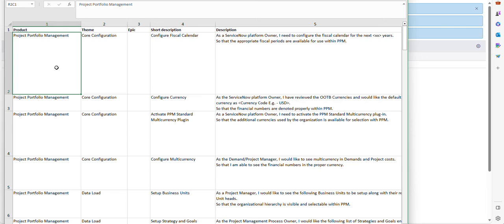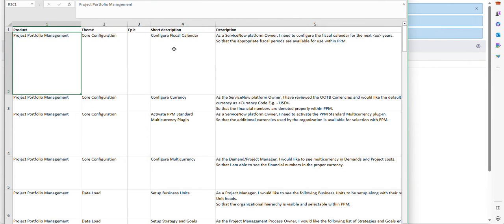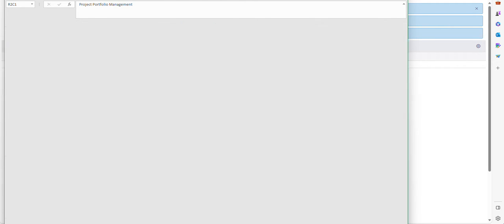We want to make sure that for the stories fields, the first column matches a field in stories, and in this case, product, theme, epic, short description, description, acceptance criteria. Those are all fields in story. This is set up correctly. I'm going to save this. And with that document saved, our SPM, PPM starter stories, I'm going to close this document and we will begin